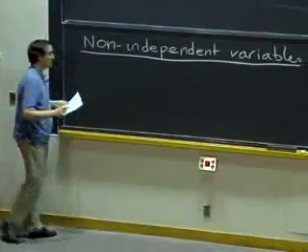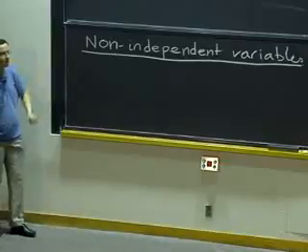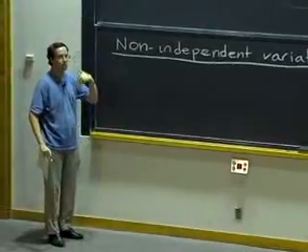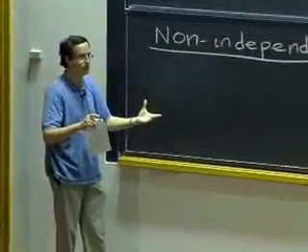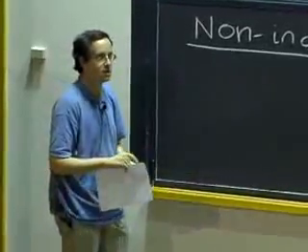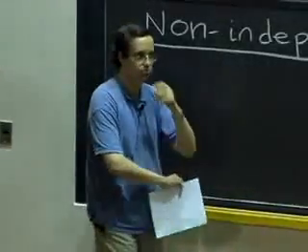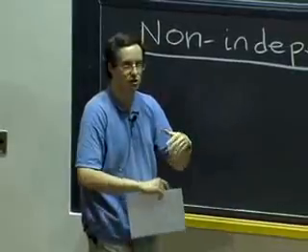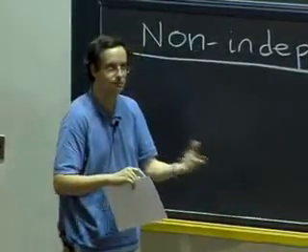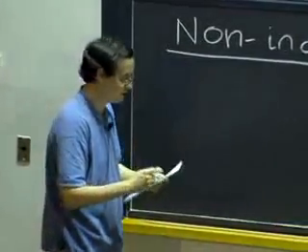Okay, so last time we saw how to use Lagrange multipliers to find the minimum or maximum of a function of several variables when the variables are not independent. And today we are going to try to figure out more about relations between variables and how to handle functions that depend on several variables when they're related.